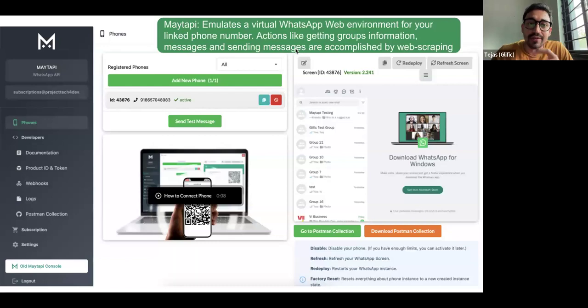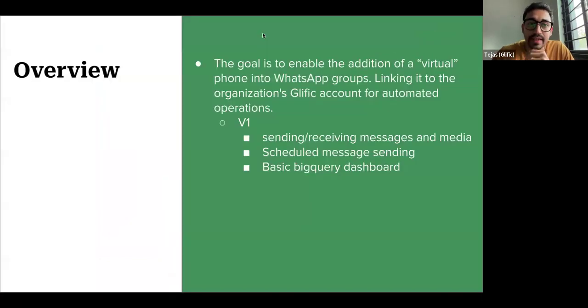You essentially link a phone number to this third party, and it creates a WhatsApp web environment, looks for all your groups, scrapes the messages and other information of the group contacts who are part of the groups, and allows you to do things like sending messages by web scraping. So this is what MateAPI does.